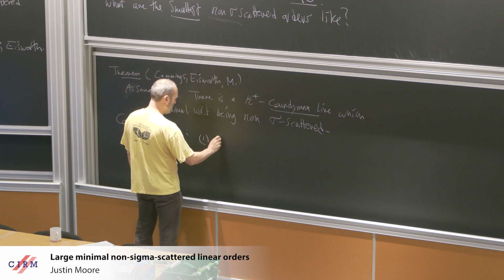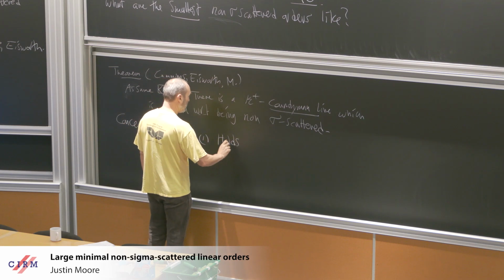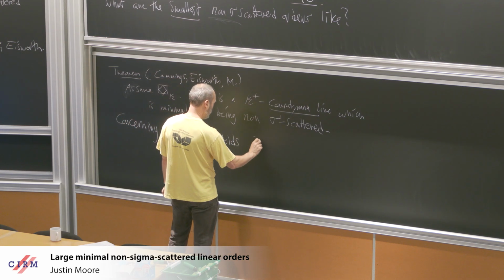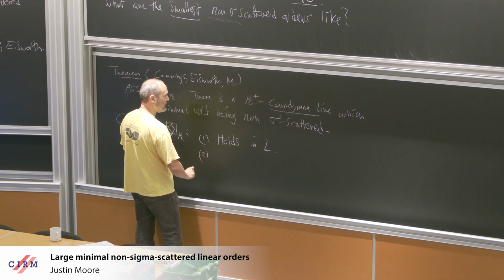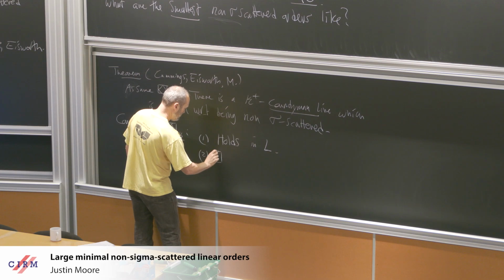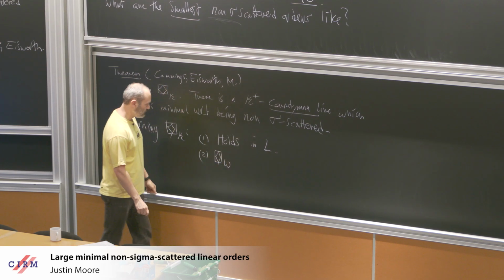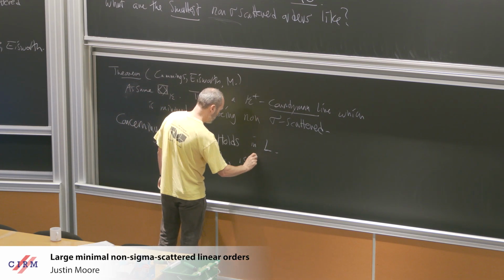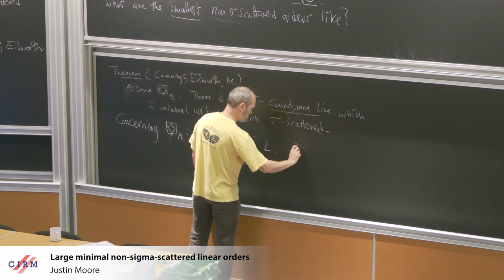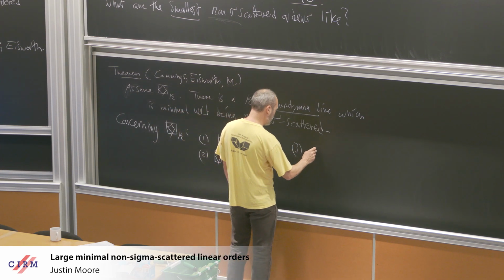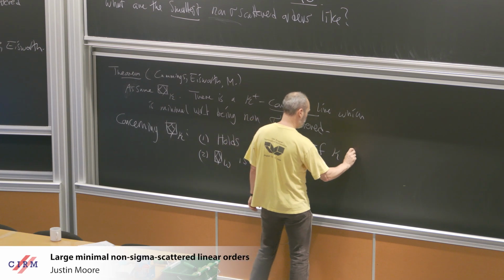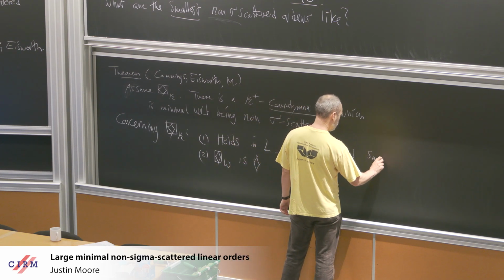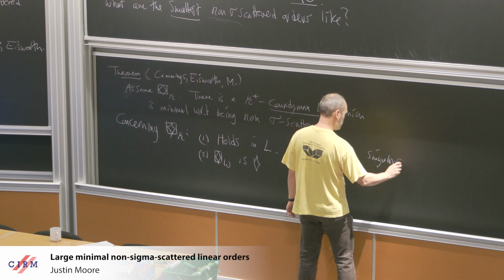One, it holds in L, and two, well, the omega version is just diamond. And three is that if kappa is a singular strong limit,